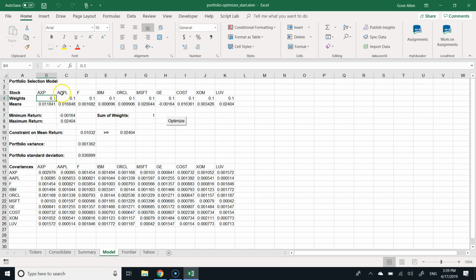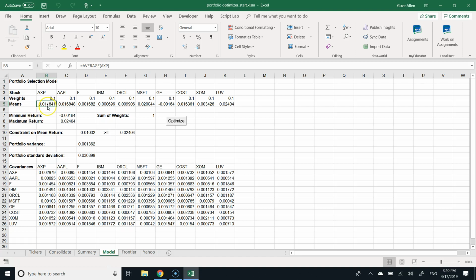I have 10 stocks. They're equally weighted right now. So 10% of our funds are going into each one of these stocks. But then here is the average month-over-month return. So American Express looks like, on average for the time period that we're talking about, which I think is from 2012 till today, not a bad time to estimate the near future,